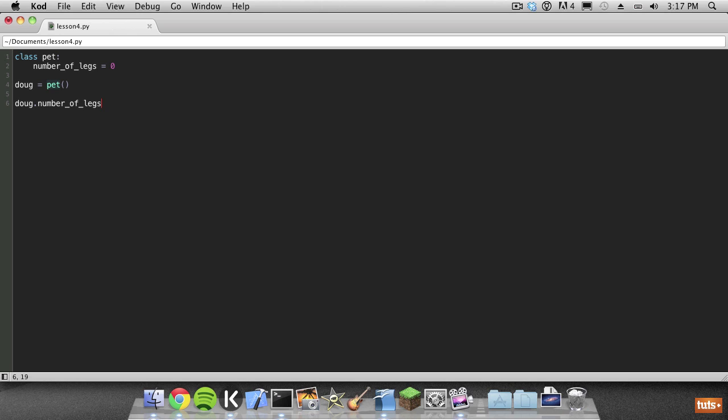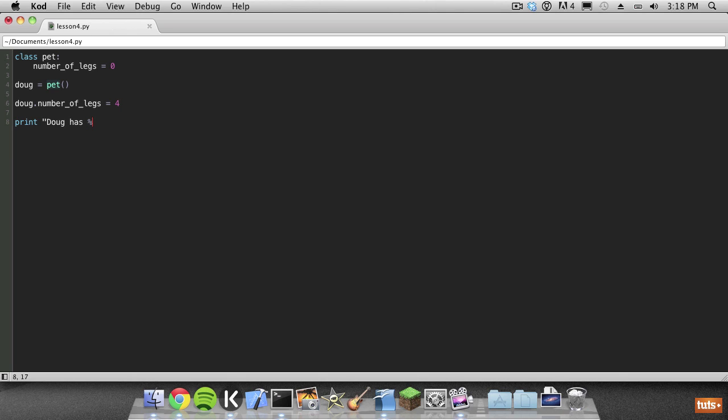Here I'm going to assume Doug is a dog, and I'm going to give the variable the value of 4 to show that he has 4 legs. To access that variable, we use it again exactly as we would treat any other variable, but using Doug dot before the name instead of just the normal variable name. So let's put a line to print out how many legs Doug has, so that we can show that it's working like it should. So let's print